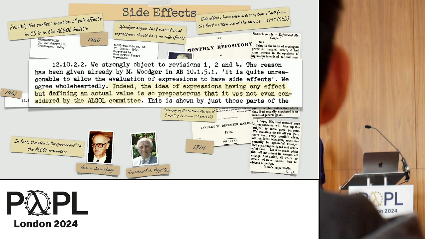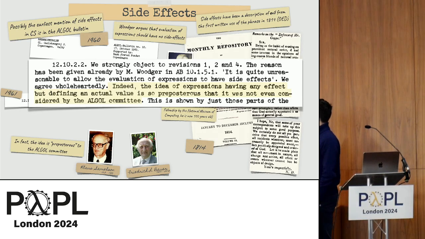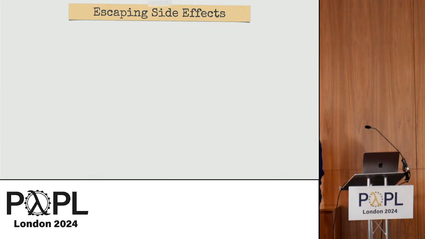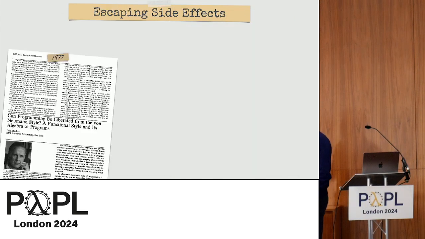They say the idea of expressions having any effect but defining an actual value is so preposterous that it was not even considered by the ALGOL committee. So right from the beginning of even an imperative language, side effects should be ruled out from the start. And we see this happen a little bit more strongly again in 77 when Backus does his keynote at the ACM in receiving the Turing Award, and he says